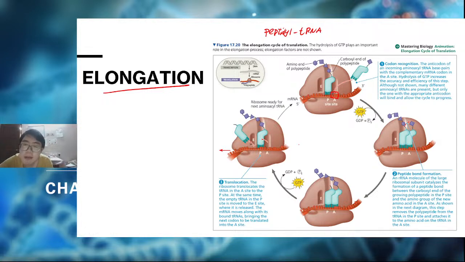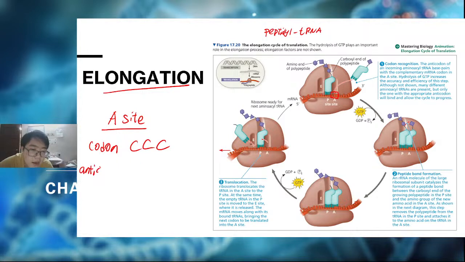It means that if the A site has codon information, let's say CCC, our anticodon will be GGG. Okay, so that means the activated tRNA that carries anticodon GGG with amino acid